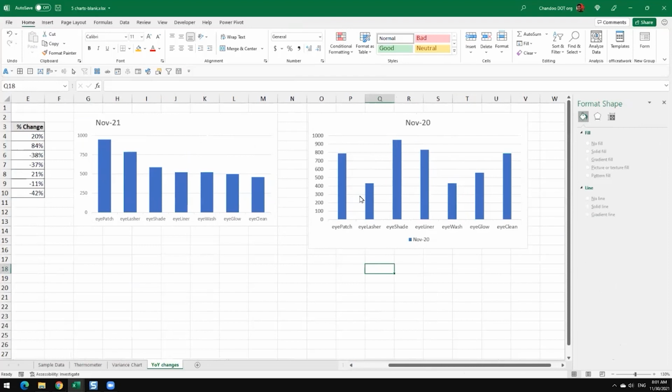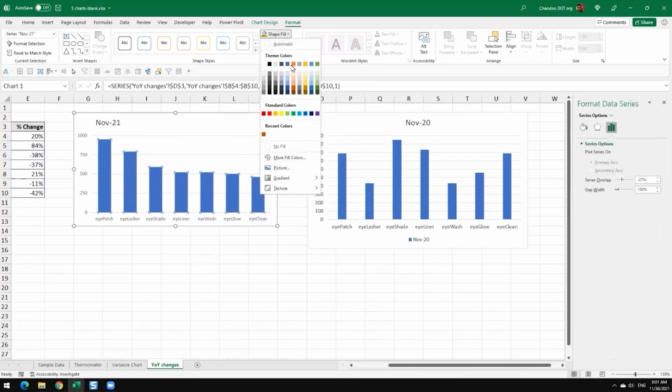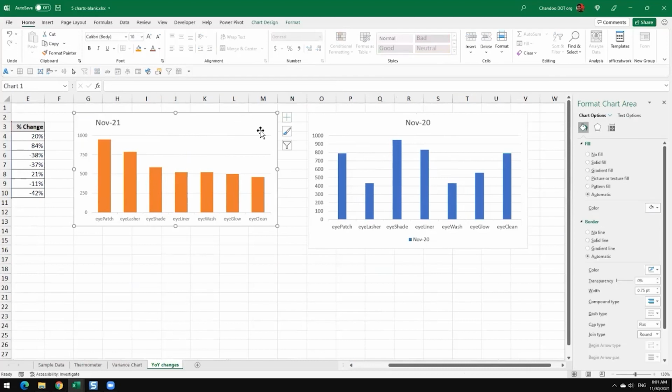Anyhow, so we do it like this, but now I need to apply this style of formatting here as well. For fun, we'll change the color as well. So this style of formatting needs to go here. So what you could do is you can select the original chart, Control C, copy it, select this chart, and